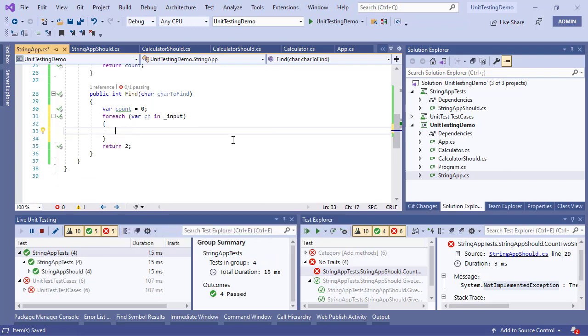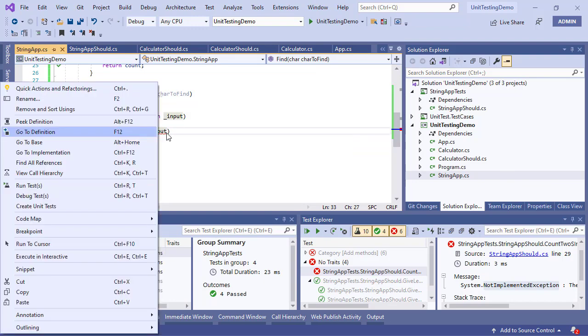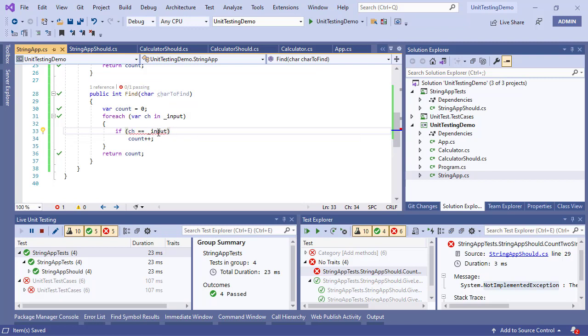And I'm going to do an if statement if ch equal to underscore input. I'm going to increment the count, and when this is over, I'm going to return this count value here, right? And let's see what this is complaining about. Okay, so I don't want to compare ch to input. I want to compare it to character to find,